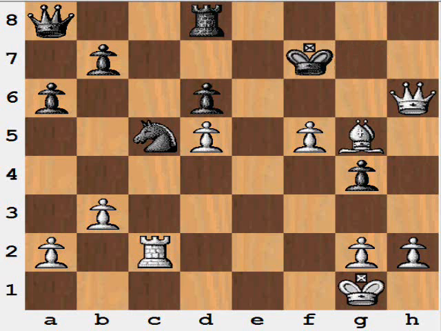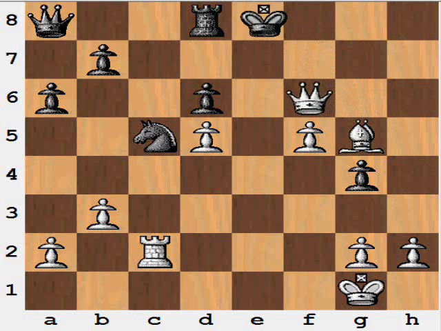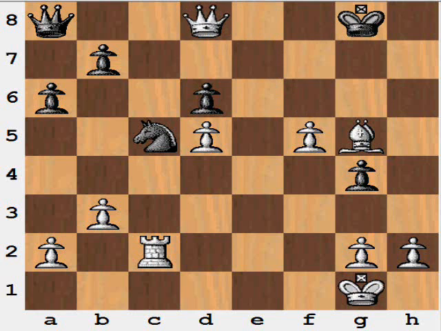If king takes pawn, well, that would be the only move. That'll run into queen to f6 check. If king here, that's mate. And if king here, that's just going to run into queen takes rook, and white is essentially up a rook and actually a couple pawns, which is